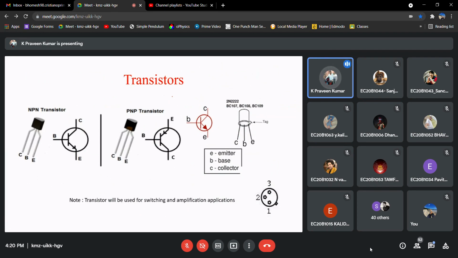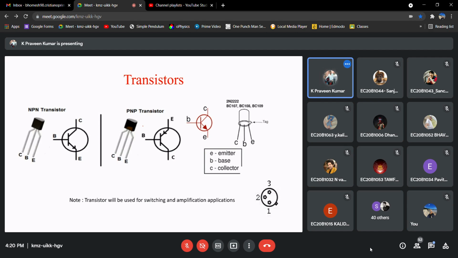Another basic component is the transistor. I think you will also be learning this in your course. In the lab, we will basically have two types of transistors, PNP and NPN.